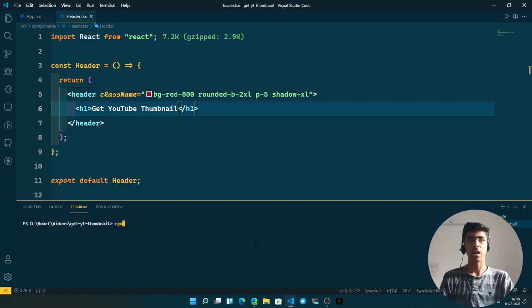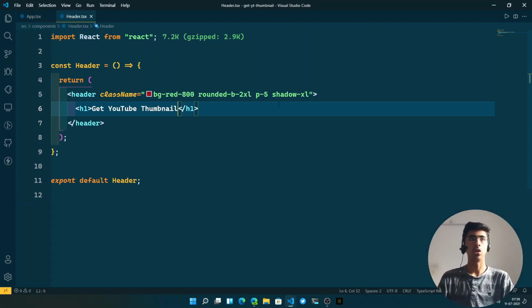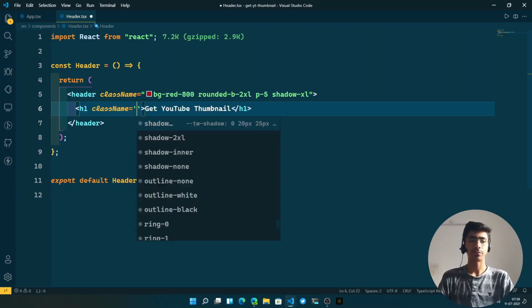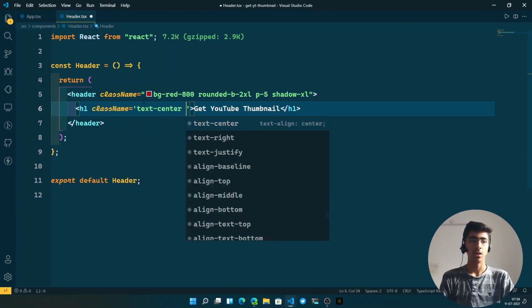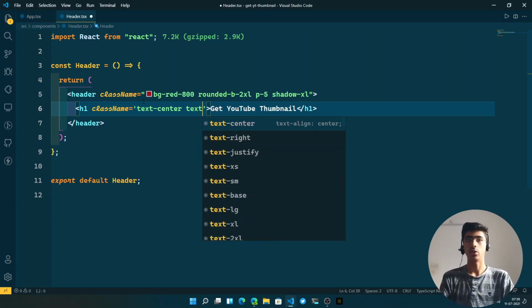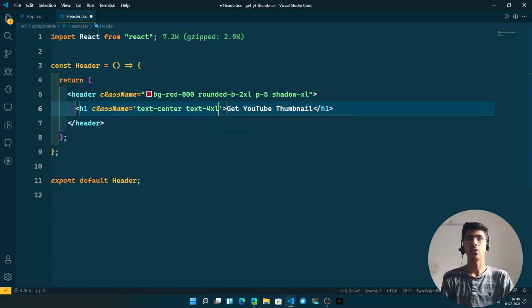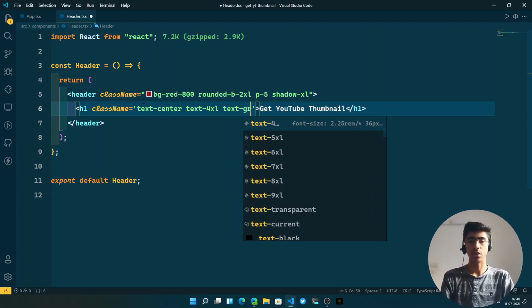You can just say npm install react icons. That's the package name. It will get installed on its own, and let's style this until it gets installed. So I'll just say class name, and then for this one we'll just say text center. Then we'll add the size of the text, which is 4XL. Okay, that's how large I want it to be. And then I can specify the color, text gray